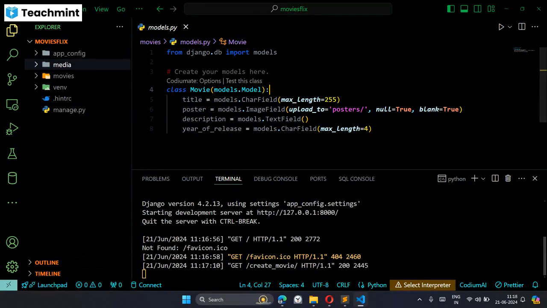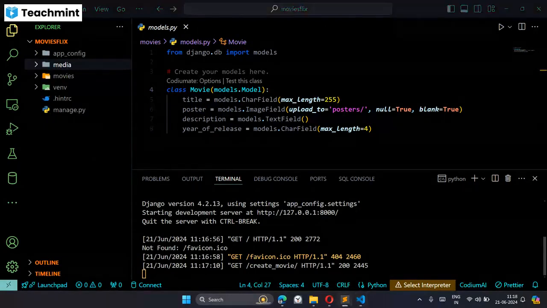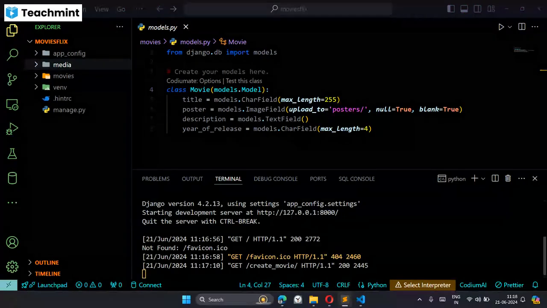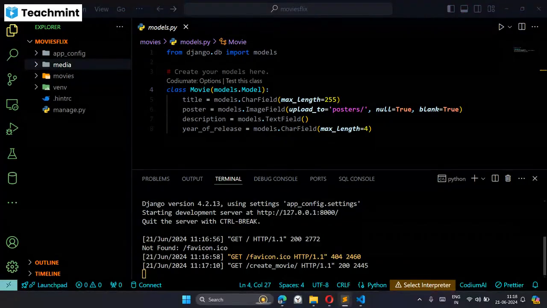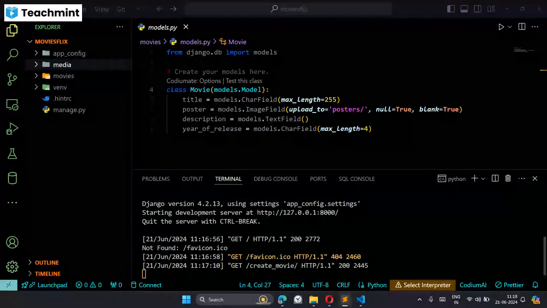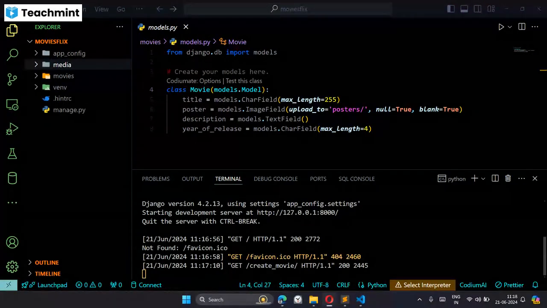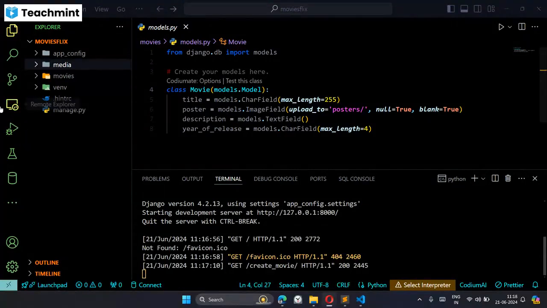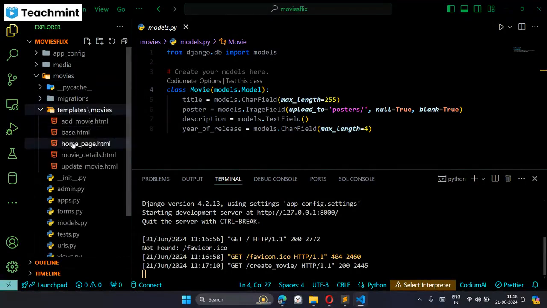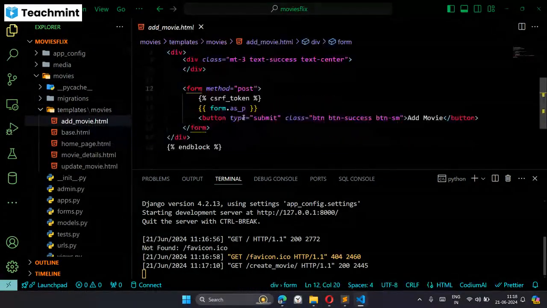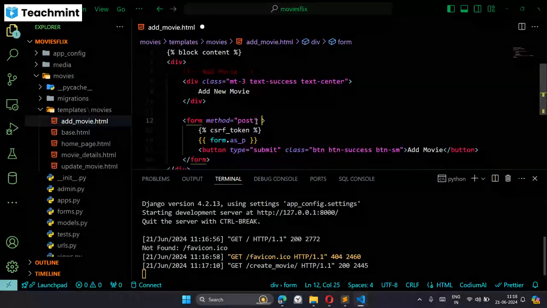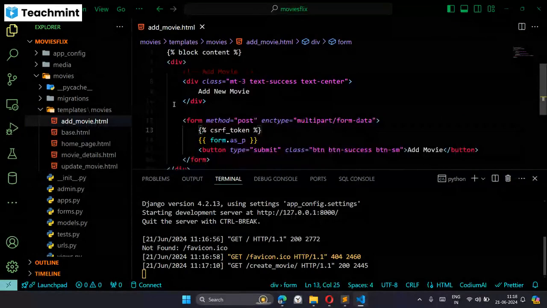Okay, so to accept images, we have to add a few more settings to our HTML file. Let us go to movies templates and go to add movie. In this form, we have to add encryption type, multipart form data. And in our view,